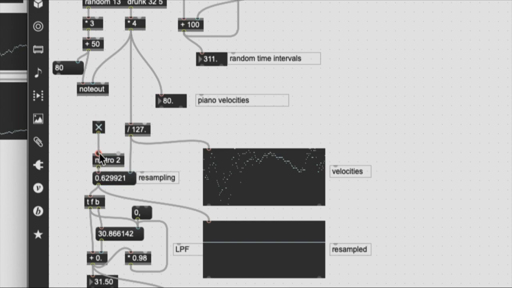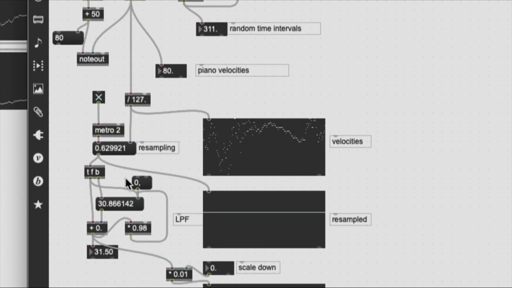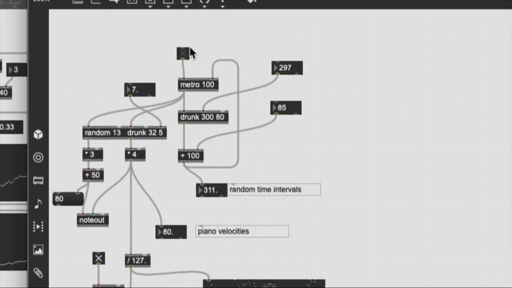So I have a metronome at 2 milliseconds, so 500 samples per second, which is obviously much faster than the density of the notes. And then every incoming note is being kept in the message box and triggered out this many times per second. So what I expect to get here then